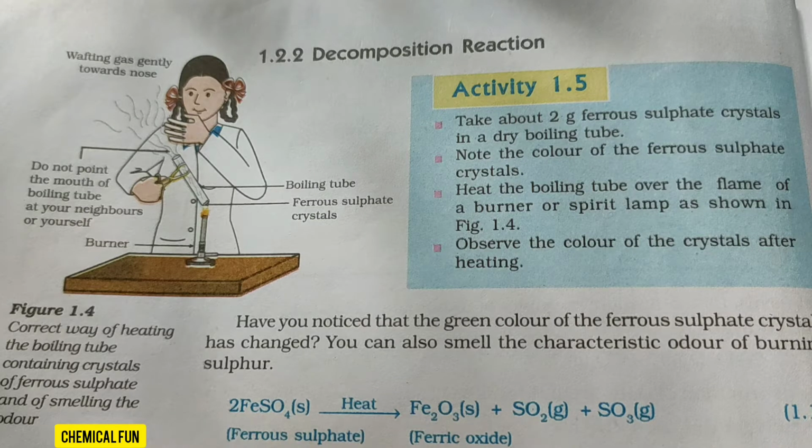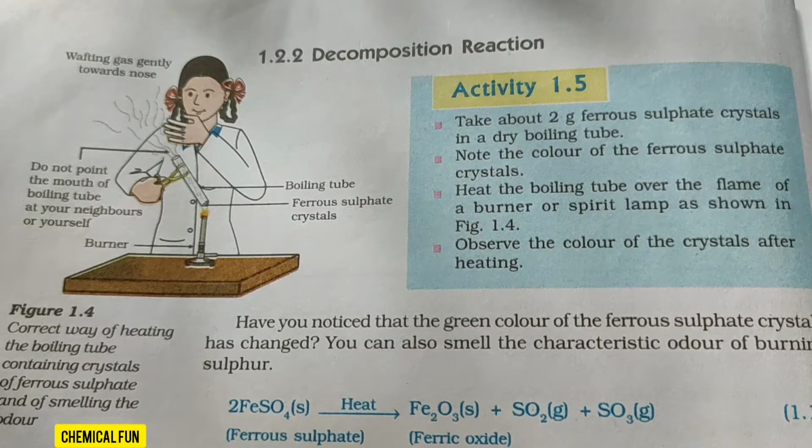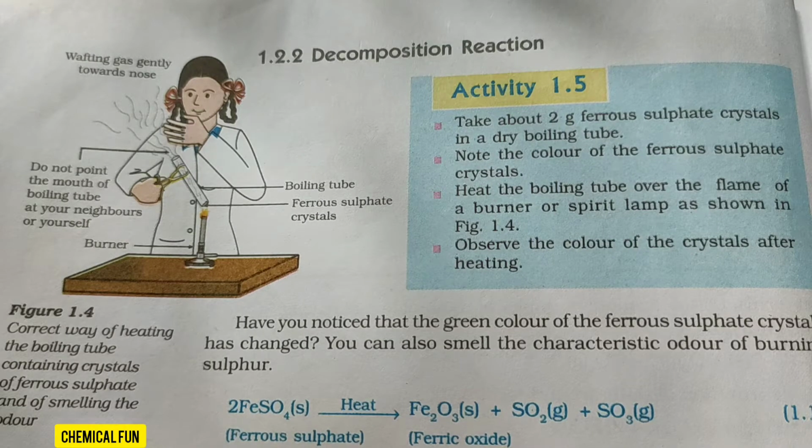in which the reaction is happening, provided there are different circumstances. That means we will have to apply some external energy for a substance to break down, because in the case of the food substance, it does not break down by itself. It's the microorganism under different circumstances which breaks the food into different parts. Just like organic substances break down, in a similar way our chemical substance will also break down. So let's see what is given in activity 1.5.